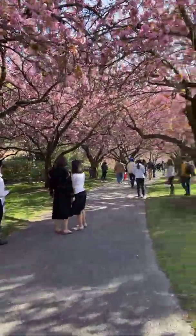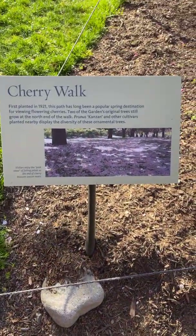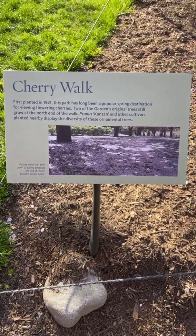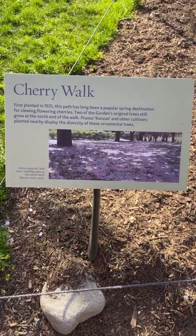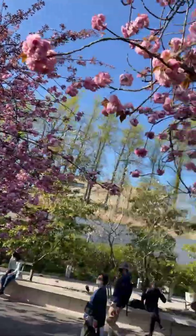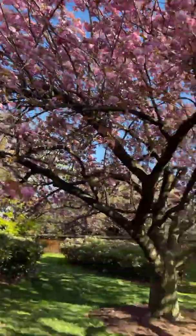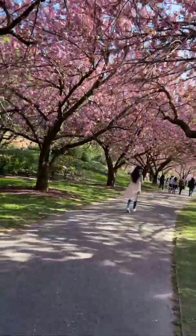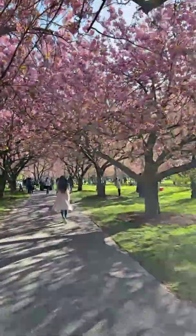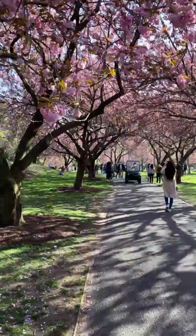Now, Cherry Walk was first planted in 1921. This path has long been a popular spring destination for viewing flowering cherries. Two of the garden's original trees still grow at the north end of the walk. And here is a look at some of that beautiful springtime celebration that extends way past 1921. This is a Japanese tradition known as Hanami, Sakura flower viewing, and I personally love the Cherry Walk for